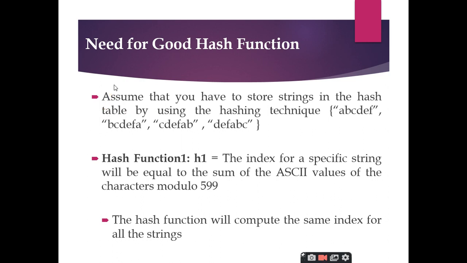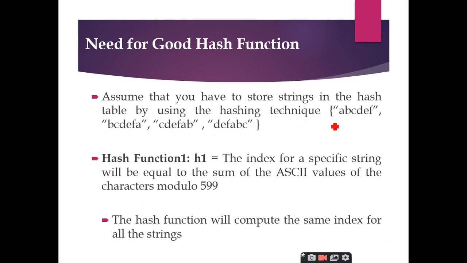So let us take an example and discuss how a hash function needs to be selected, right? If I need a good hash function, it should satisfy the basic requirements, which are less collisions, easy to compute, and the third one, uniform distribution. Super. Uniform distribution, right?